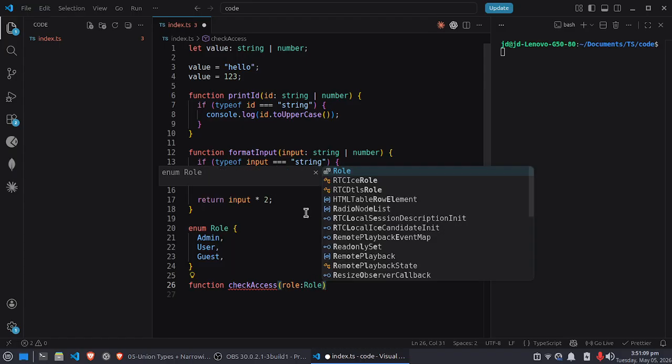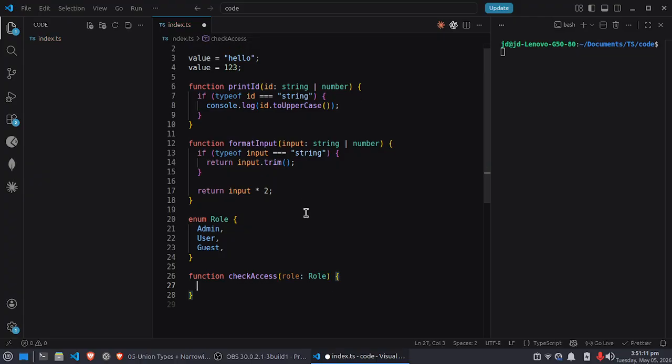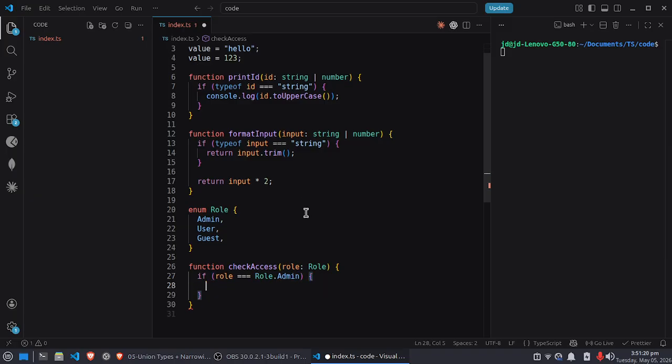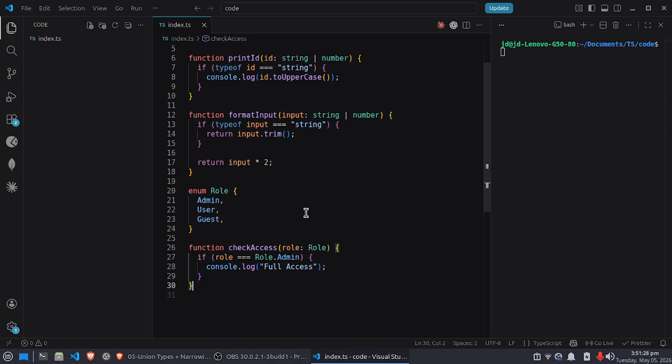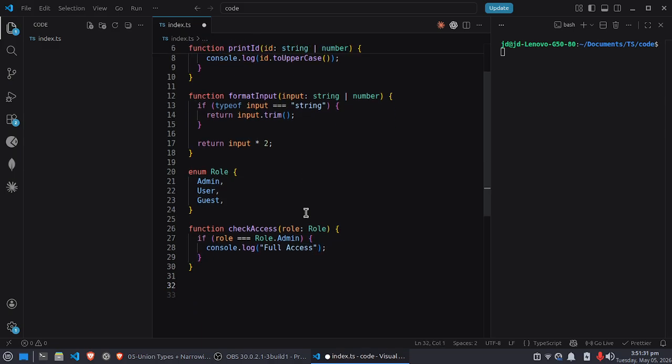its data type is Role, and I have to check here if role is equal to Role.Admin, then console.log full access. So here I just check it: if it is admin give it full access, or if it is a user then give some limited access, and if it is a guest then give no access. So we can also write it like enum